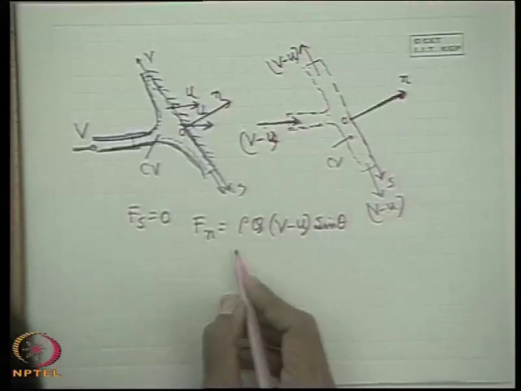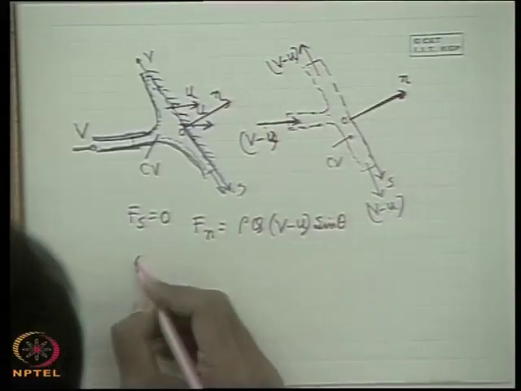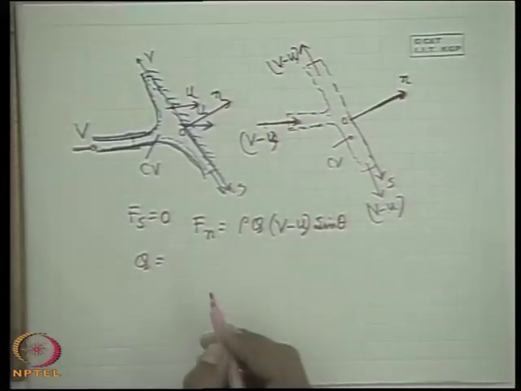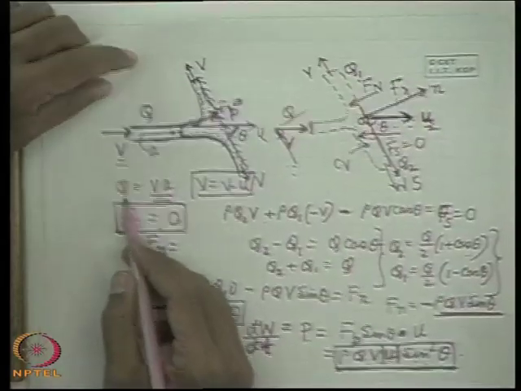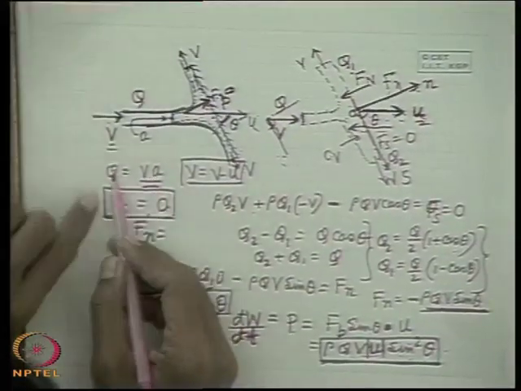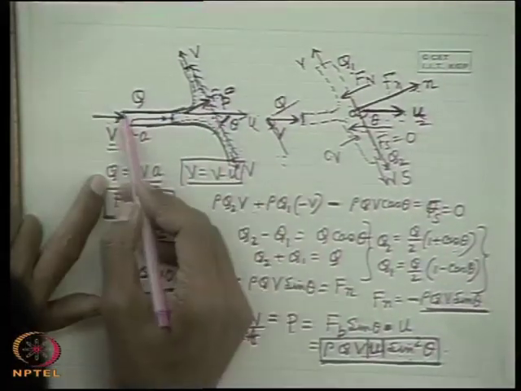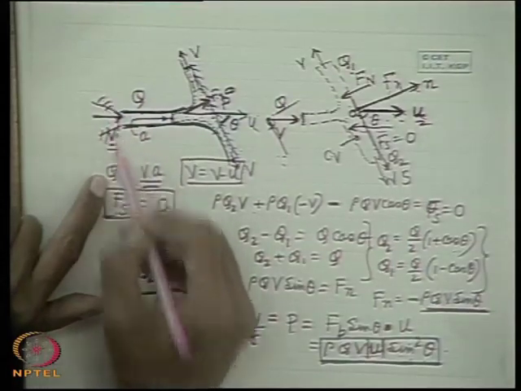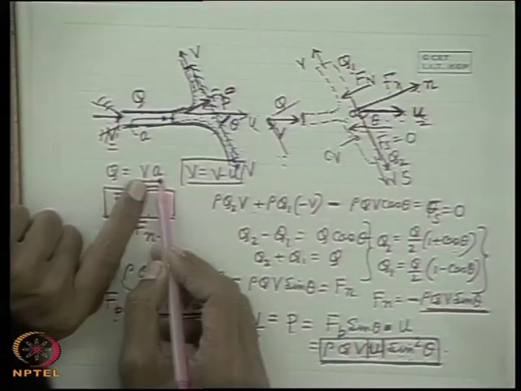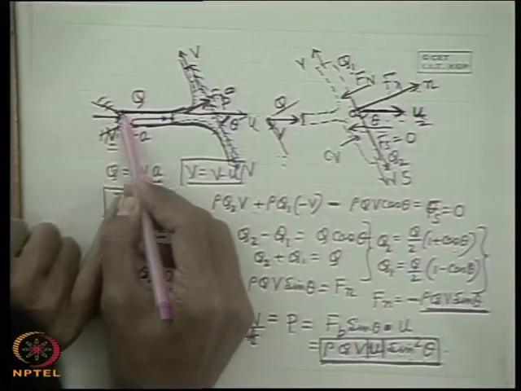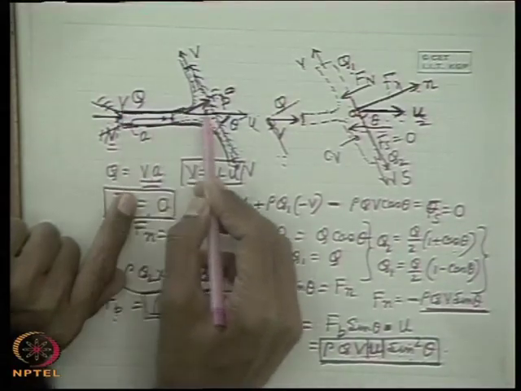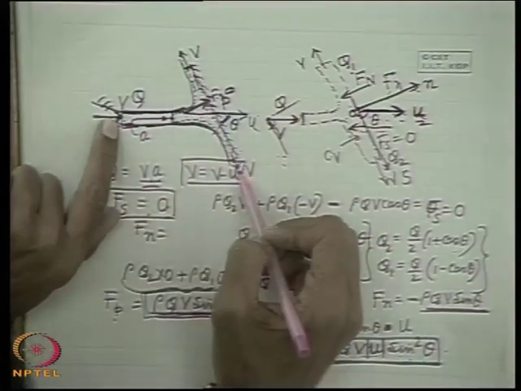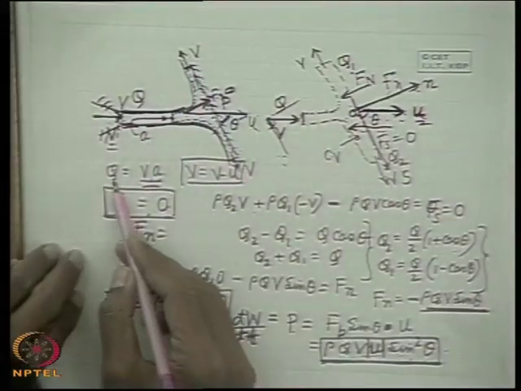Alright. Now, here, the q expression, if we see the earlier one, was V into A. That means the flow rate that is issued by a nozzle, for example a static nozzle, is V into A, because this is the area of the jet issued and that is the velocity V, which is maintained constant. The same flow was received by the plate, because there is no discrepancy, so q is V into A.